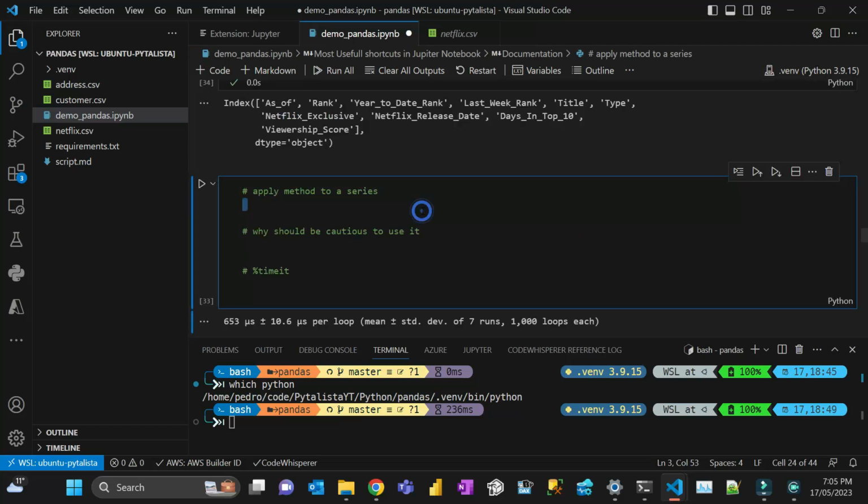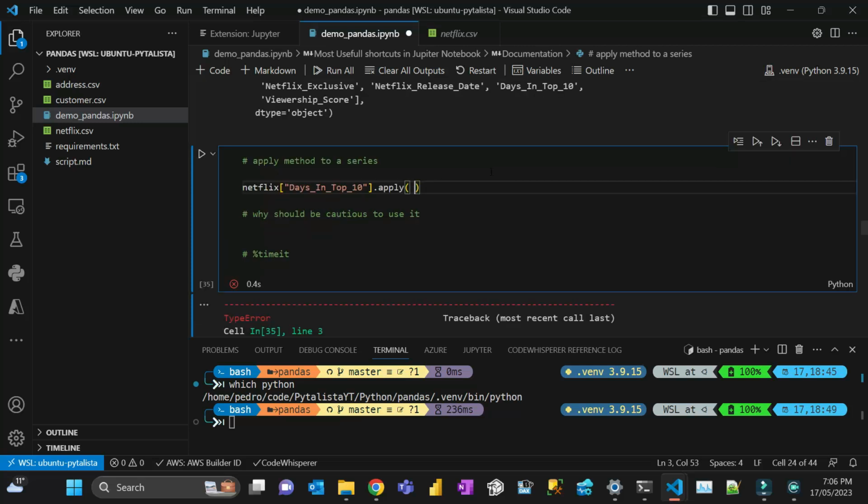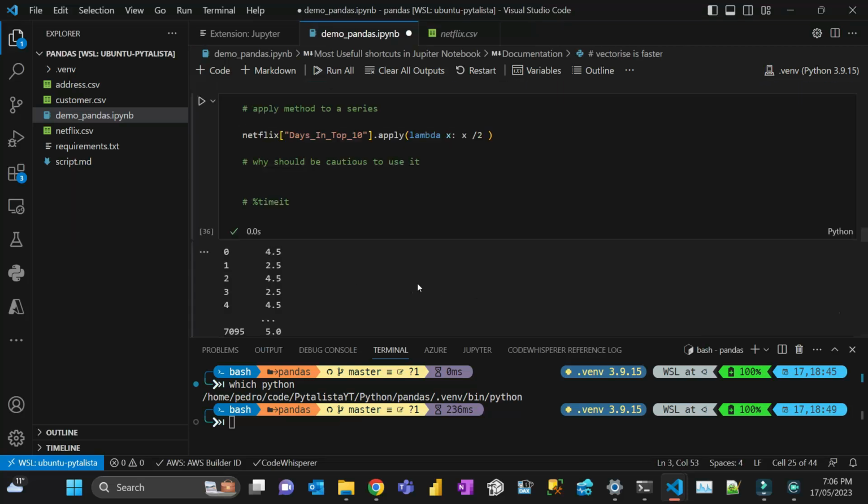So you can use the apply method on a series. You select a column, let's say days in top 10, and then I'm just going to apply a function. You pass here a function. Let's divide this by 2. I'm just passing an anonymous function here, and then every item in this column, I'm just going to divide by 2. So there we go. It's possible to do that, but it's much faster if you use